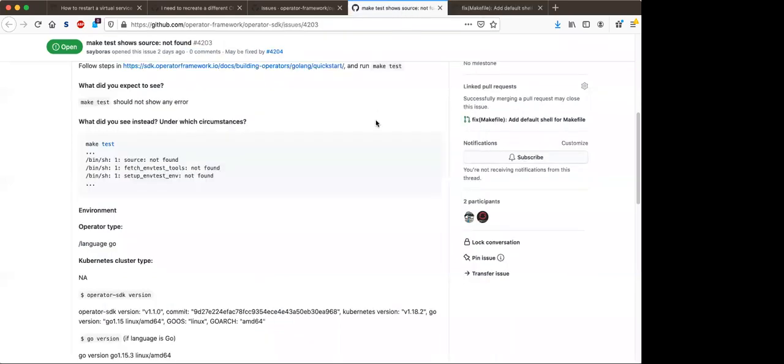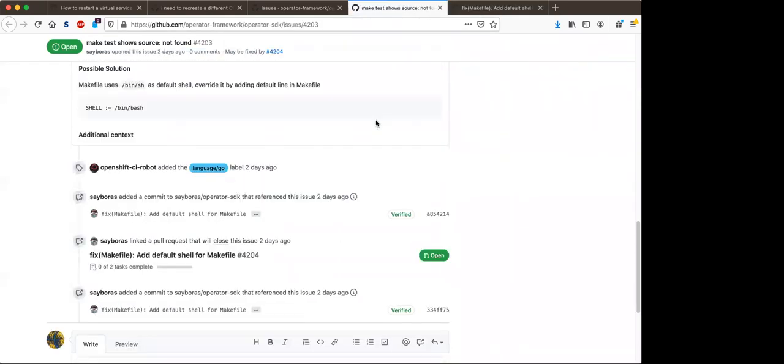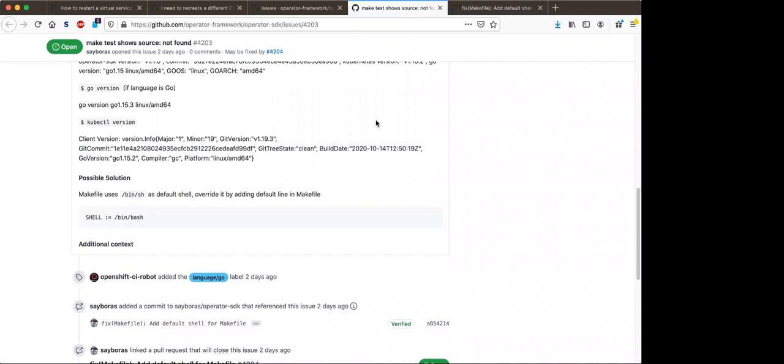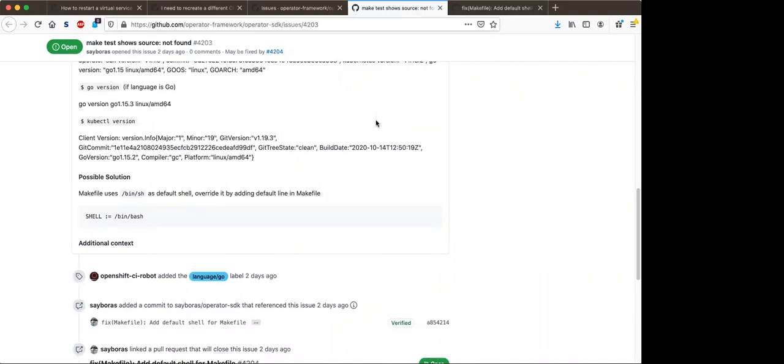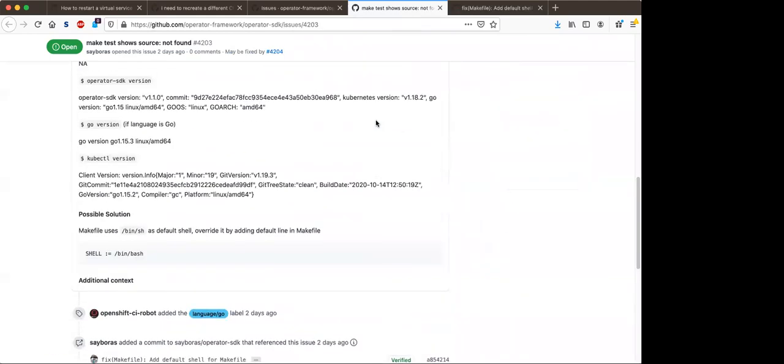If it's not bash, then it doesn't contain the source command, and it will fail. So this user is suggesting that you set shell to bash and then it will pass.